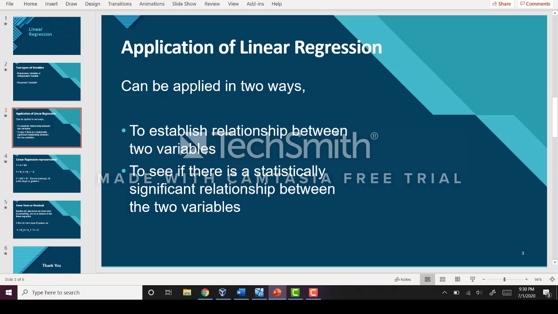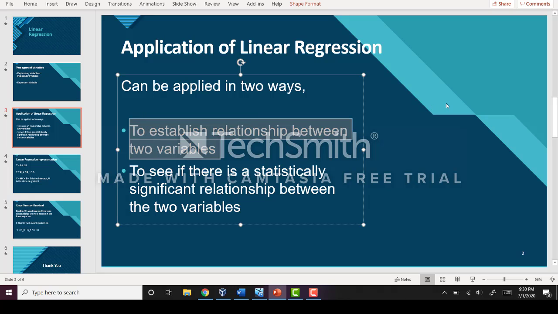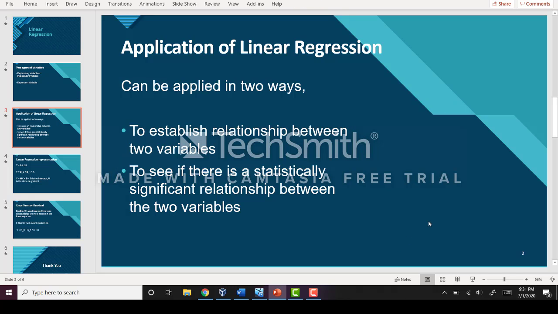The example for the first application is finding the relationship between the increase in the sin tax and the number of cigarettes consumed by people. And then a second example is the number of years of experience of a person and the salary the person earns. And the example for the second application is predicting the stock price over time and predicting the value of Bitcoin over time.